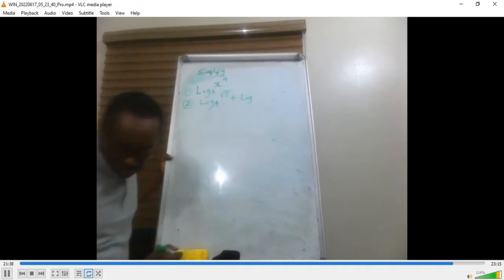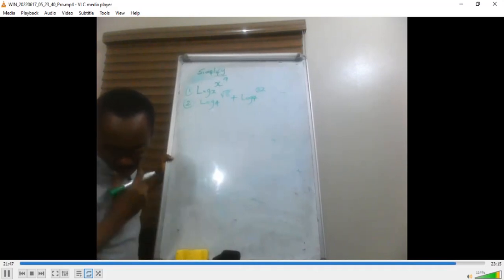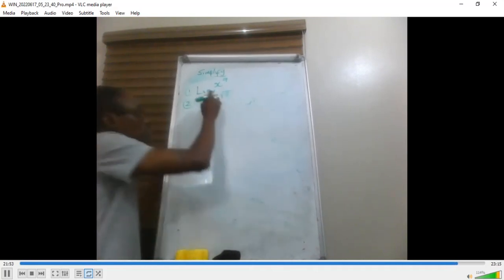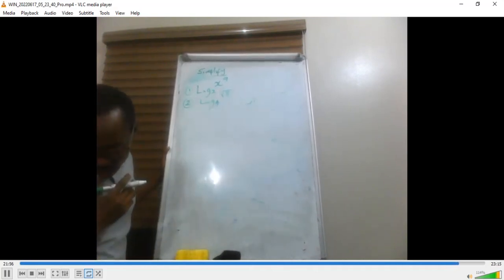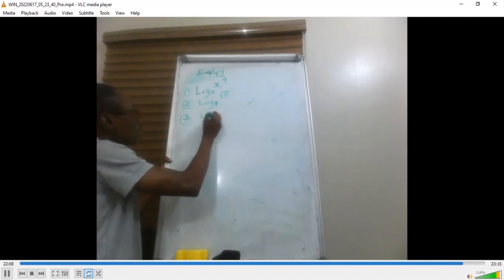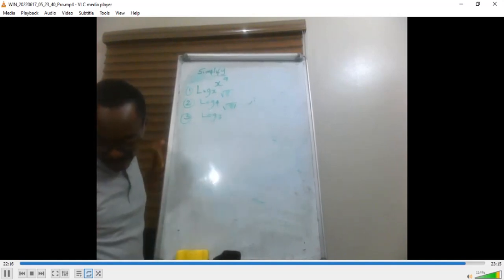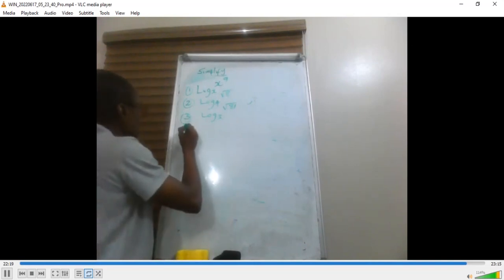log 32 to base 4. Simplify the log of root 8 to 4, and the third one is going to be simplify log root 81 to base 3. Okay, then the last one,